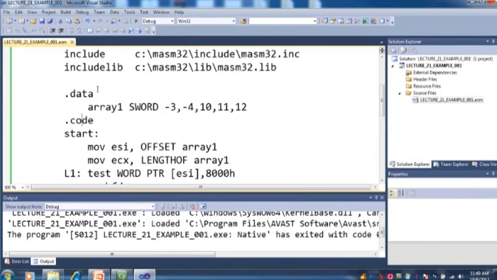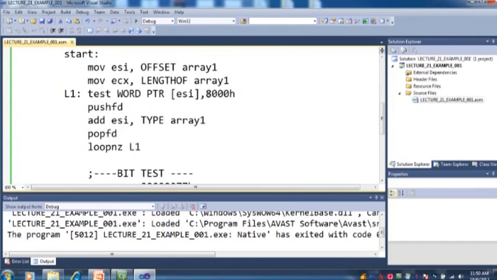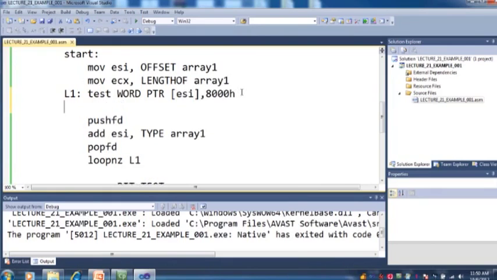So here is the program. In this program we have an array. So array is, there are 5 elements in the array, like -3, -4, -10, 11 and 12. So what we are going to do here, we want to move the ESI or assign ESI value of the offset or the starting address, and ECX is assigned the length of the array, and then we are going to test. So here when we write 8000,